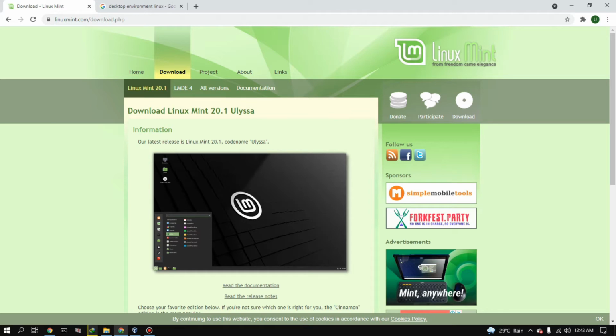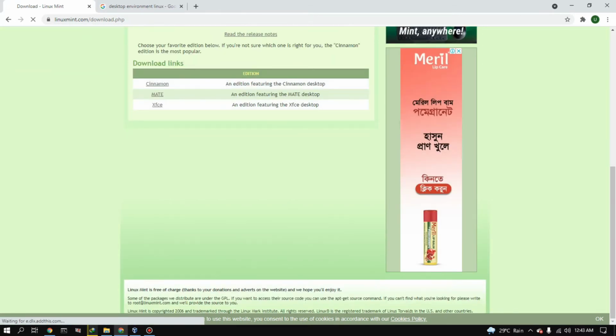So in that case, we can install Linux Mint in our VirtualBox so that we can explore the whole operating system, and then we can set it as a permanent operating system in our computer. So now I'm going to download,